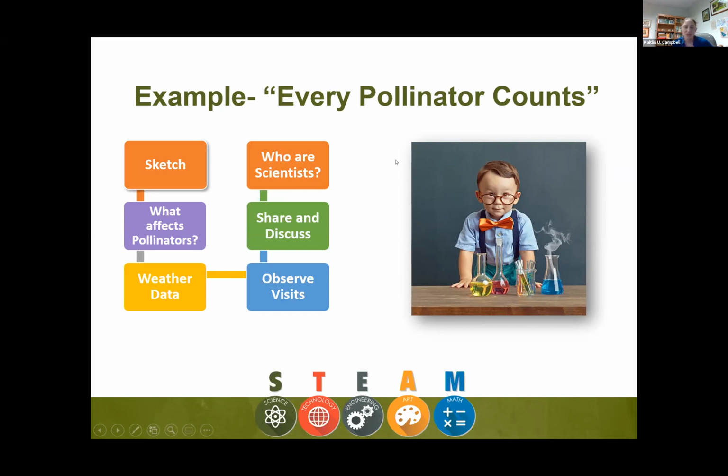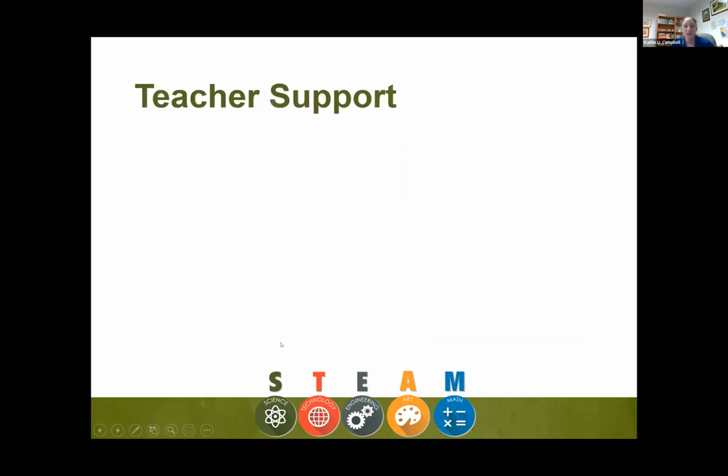So within this lesson, you might have noticed that there was science, there was technology with the weather, and there was also art where they did some sketching at the beginning. But the lesson is actually further integrated into other lessons by Catherine and Aurora to have a stronger math piece. So the data that we collect using the citizen science is then used to make graphs, for example. And Aurora has a watercolor lesson where they will draw these flowers in much more detail than a sketch. So those are our cross linkages.